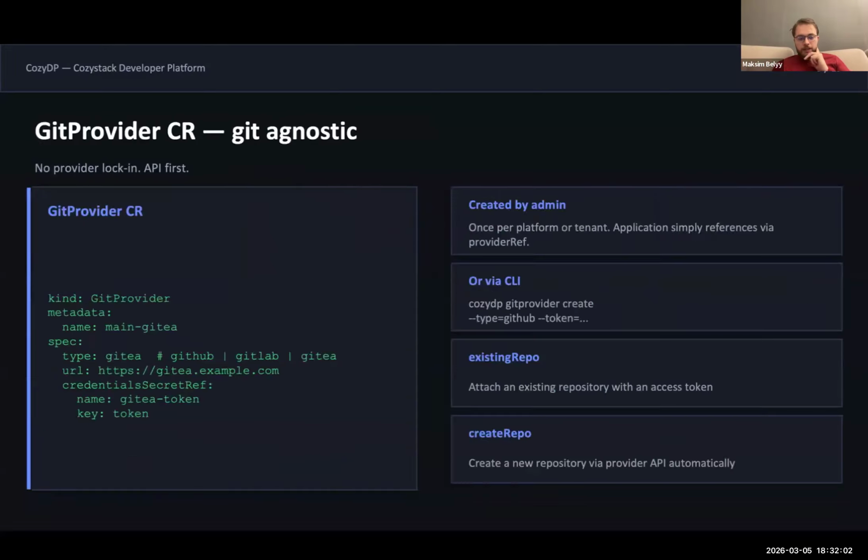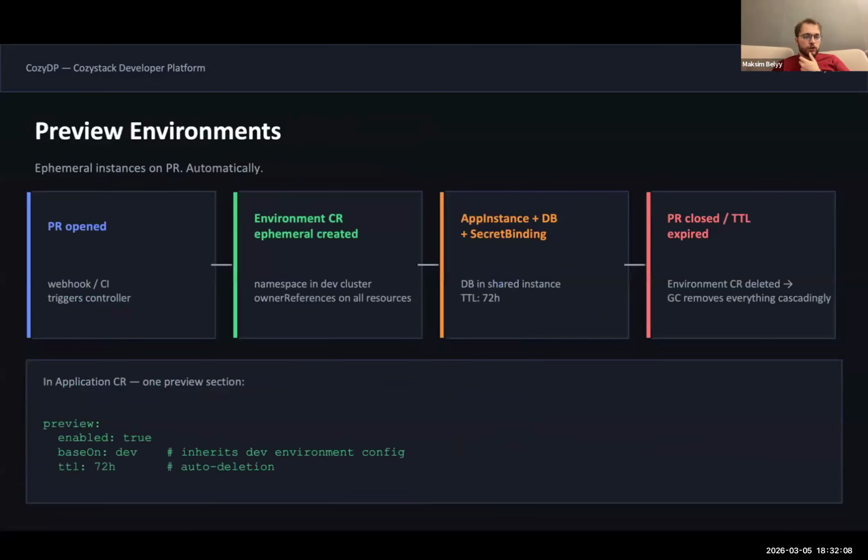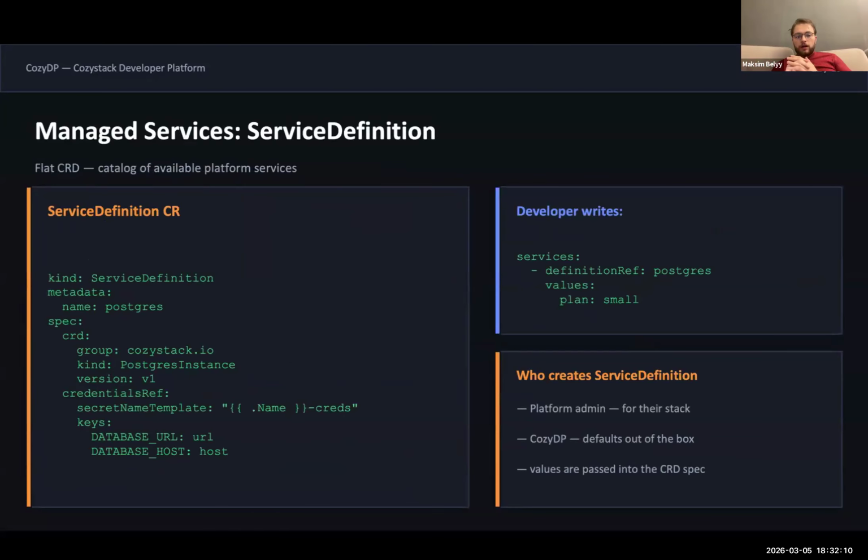So we can see previously we have services. So what actually are services? I want to provide Kubernetes administrators an extension point for how to provide services for the actual developers. So we have a kind of service definition.